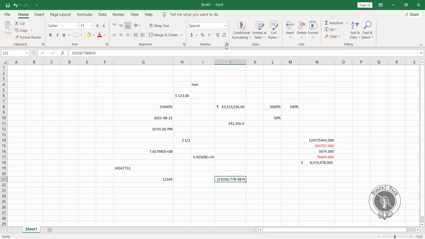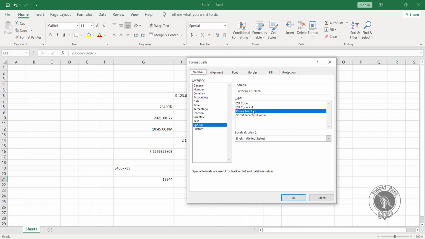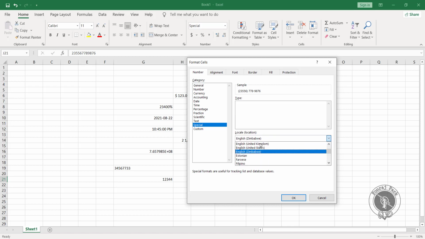If you enter any phone numbers, you can get different code options, and according to the location, you will get more different options also. You can see in some locations you will get this, and in some locations you will not get any such special options available.